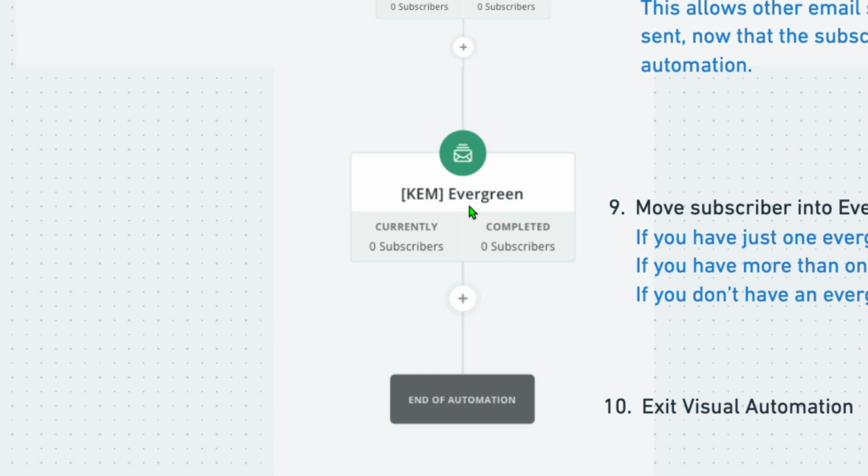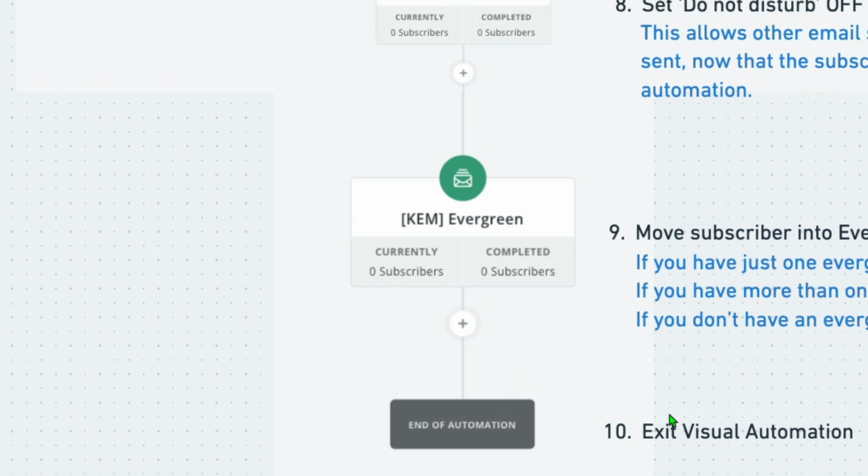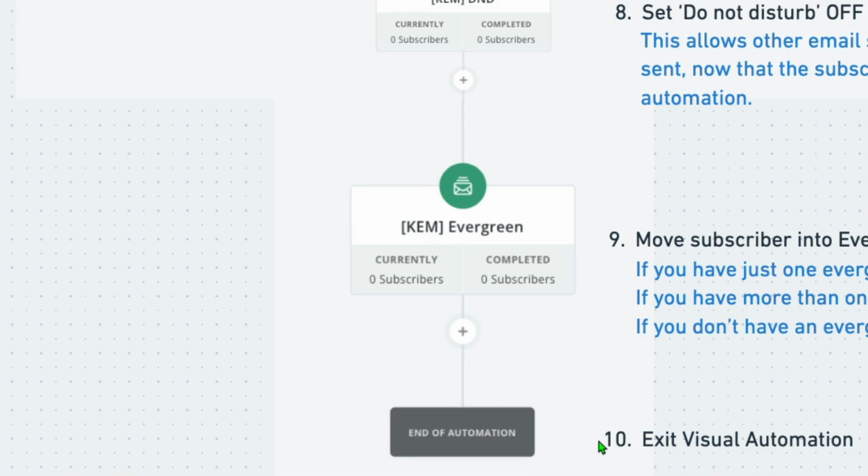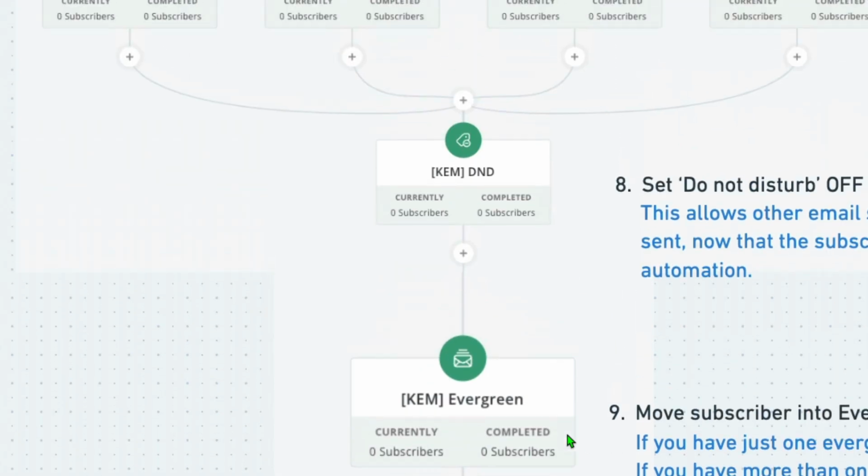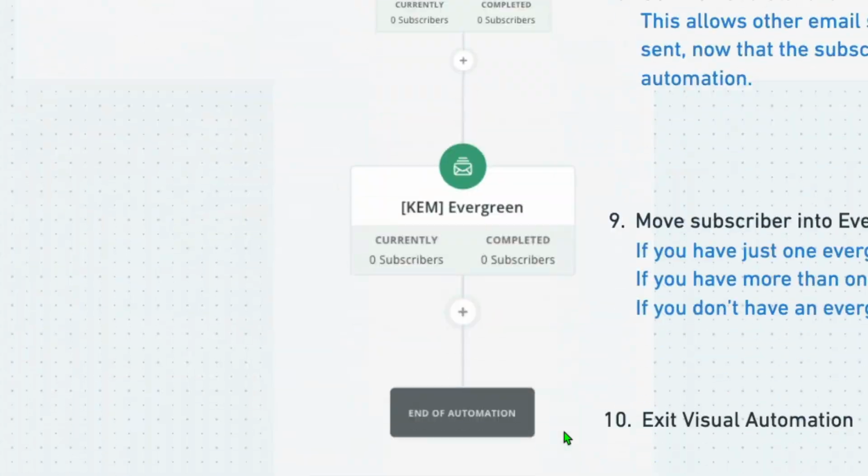So if they initially showed up saying they're struggling to get started with email marketing, I'll put them into an evergreen sequence that helps them with that. And then at the end, they come out of that automation, and that's the onboarding sequence finished. So it's not that when people join my list, they just join a list and they sit there,